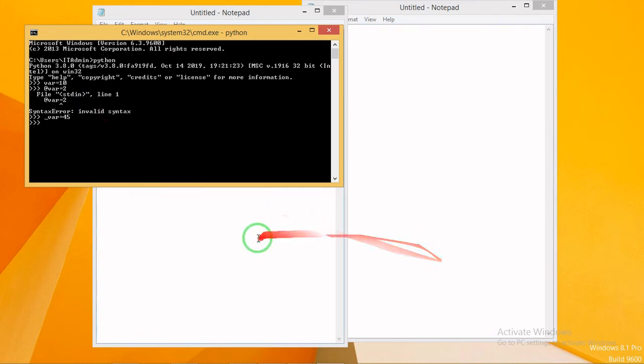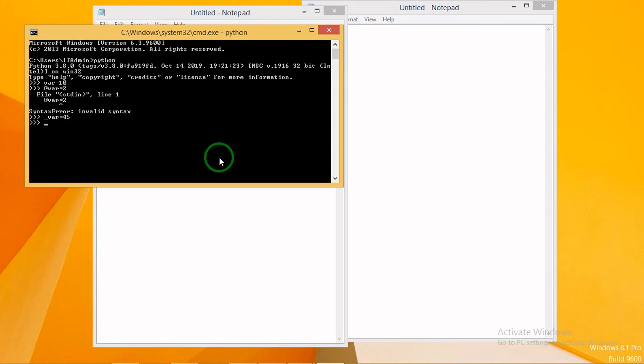Okay, the next topic is object references in variables. First I created a variable _var equal to 45.